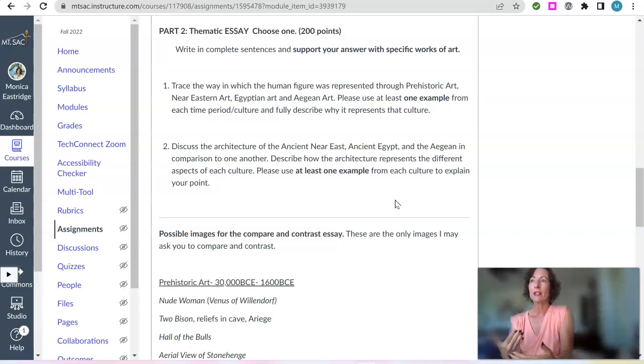Again, consider the medium, consider the function, consider the location, consider why the people are using it, why they made it, who it was for, who it benefited, and why they made the figure look that way. Use your art terms, people. I like it so much more if you use, say, hierarchical scale or in-the-round or relief sculpture. If you use those art words that hopefully we have learned in class, that is awesome and shows your skill.